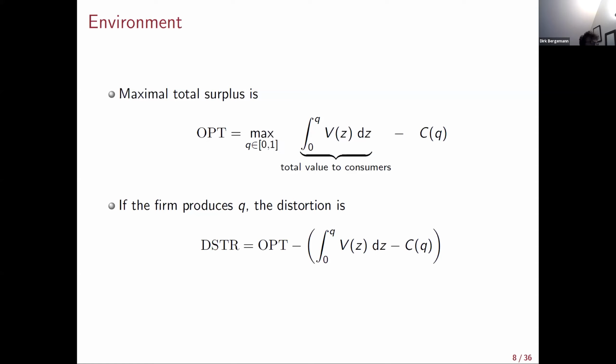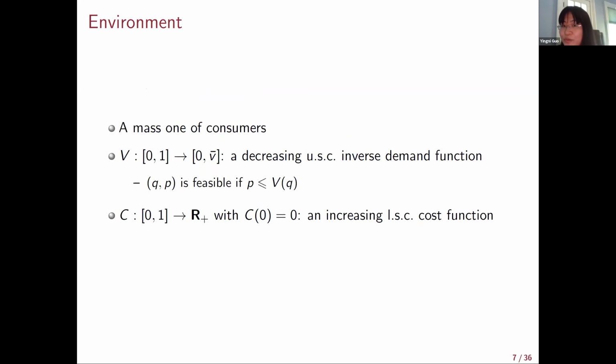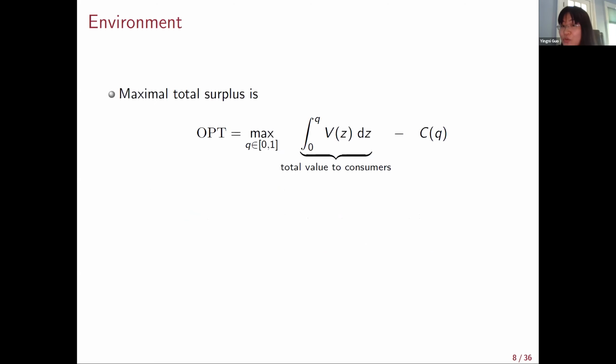So we are not talking about Mussa-Rosen. Here we're talking about, you can think of it like a monopoly posting a price on the market. So it's very similar to your paper with Kao. I see. So it's essentially unit demand of consumers. Yes, there is a unit of consumers, and then the firm would choose a price and the quantity. Great. And the price is the same for every consumer. Great. Okay. Thank you.